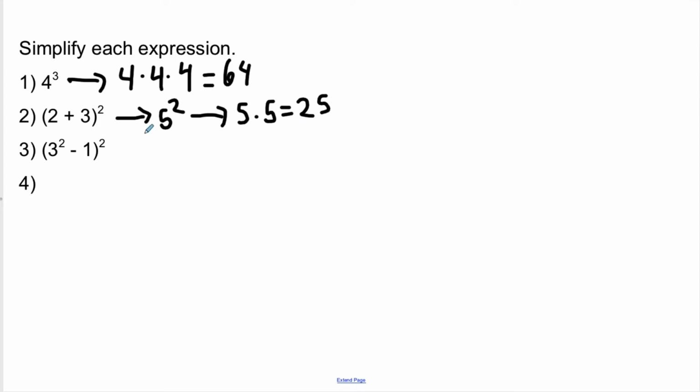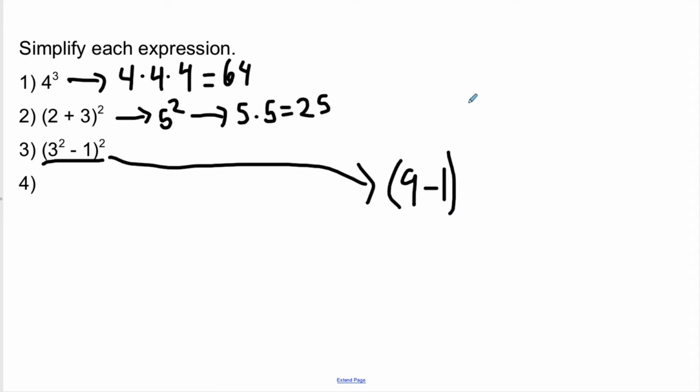All right, let's do 2 more. This right here, I'd like you to take your time. First, I've got parentheses, so I'm going to deal with the parentheses first. Within the parentheses, I have an exponent. So exponents comes before anything else. So let's break this down. 3 to the 2nd power is just 3 times 3. So let's work this out over here. So 3 times 3 is 9